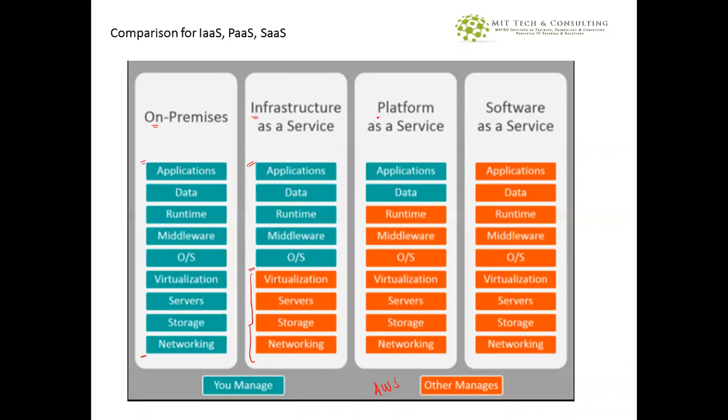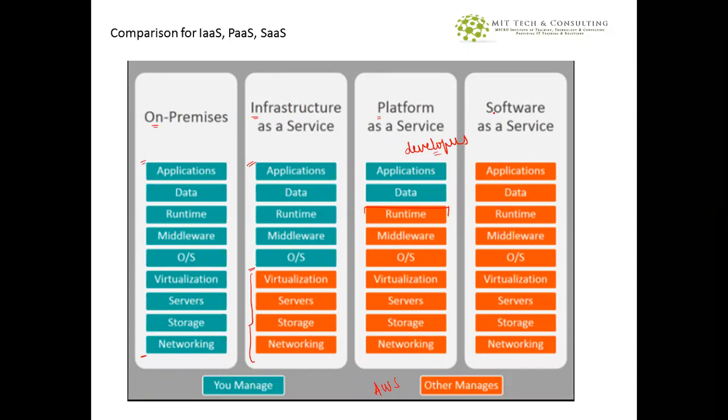If you go for platform as a service, this is basically for developers. You know what developers know? Coding. They are best at developing applications. So if you can create a platform for them, for example, if you are a Java developer and I can give you a Tomcat server, you can upload your code and run your applications. So this is especially for developers who may not know about the operating system, I mean in terms of installing all those things or maintaining the hardware components.